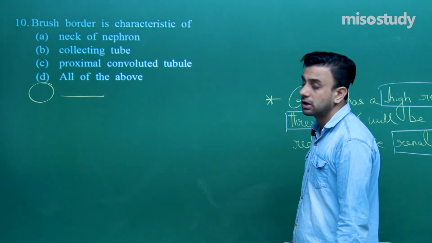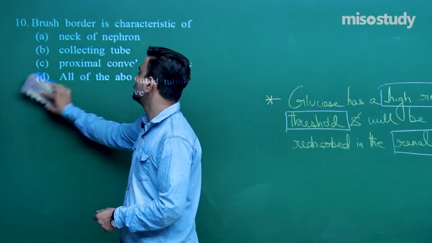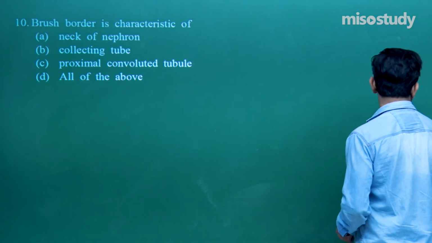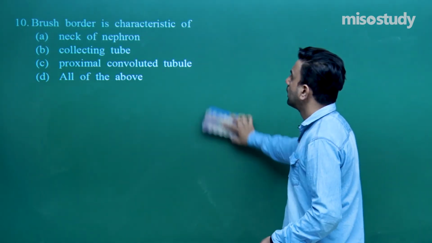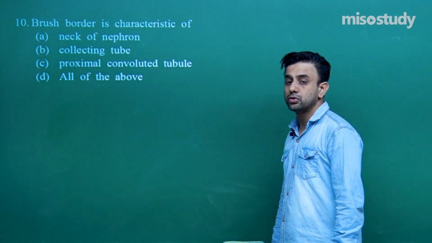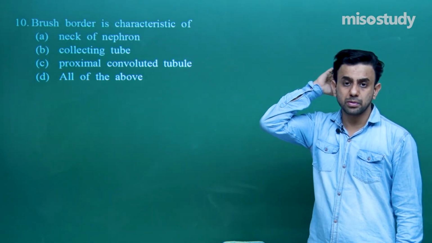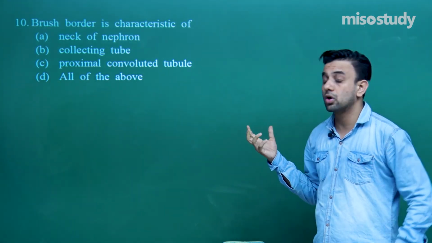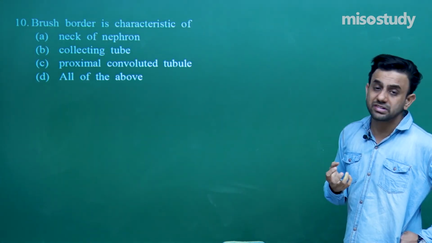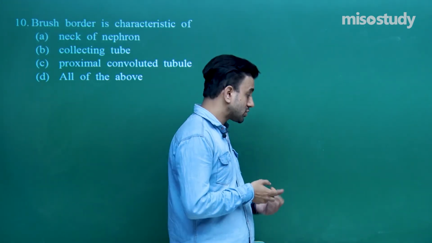The brush border is characteristic of what? The brush border is a characteristic of the proximal convoluted tubule. It will be present in the columnar cells of the proximal convoluted tubule, and these are basically increasing the surface area. So brush border